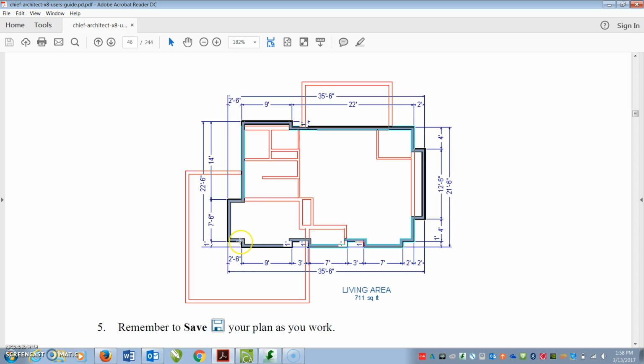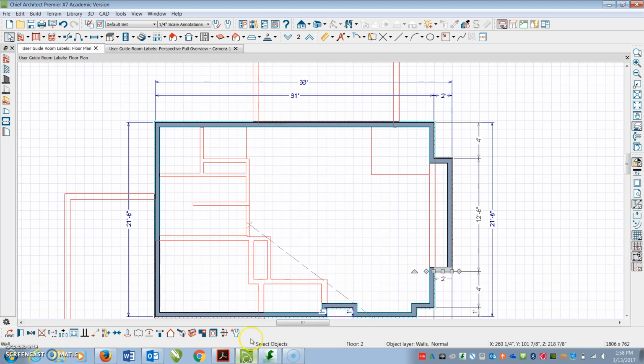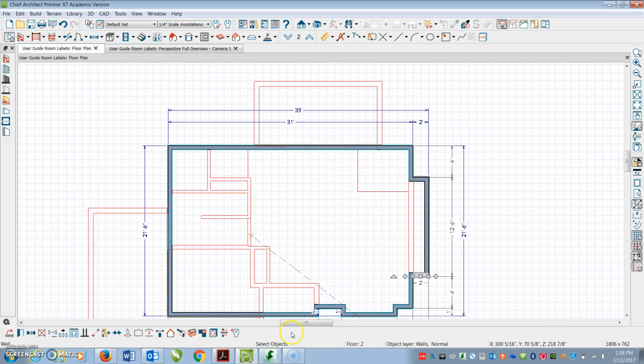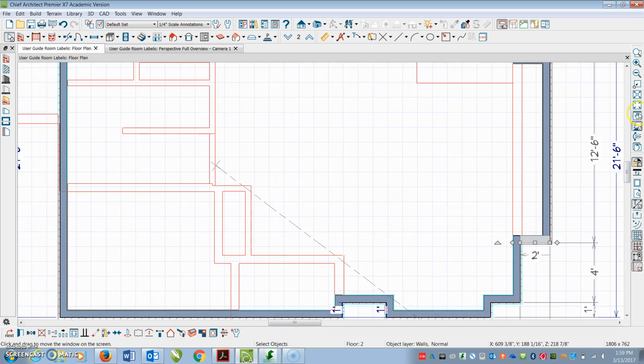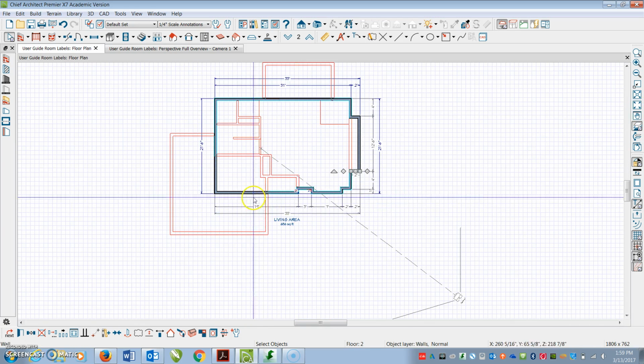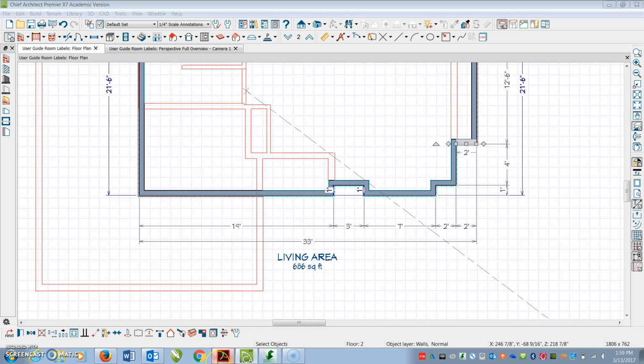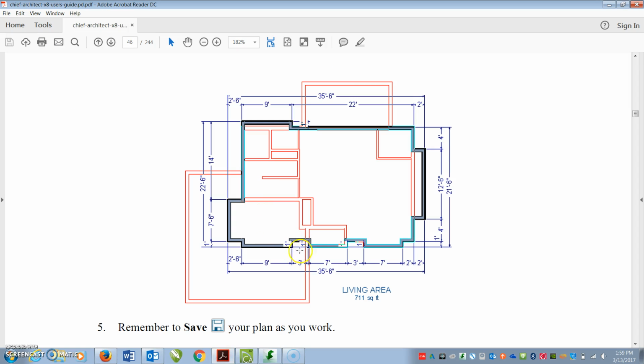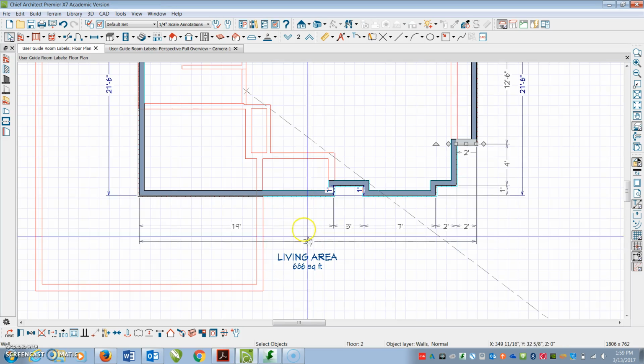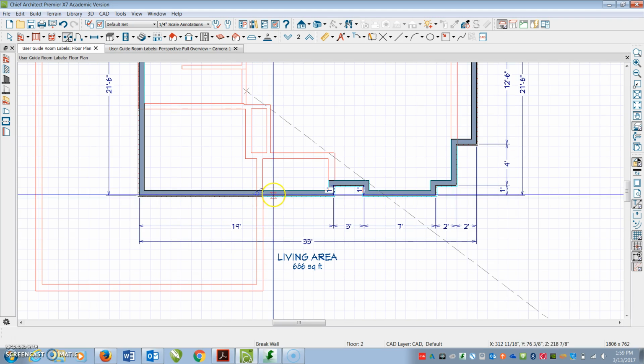You need to break the wall here and here and bump this out, and then do one more wall break right here and bump this one out. So let's go ahead and do those wall breaks, and I'm not going to do the whole thing for you, but at least so you can get an idea of where we're going here. Let me go there, and I need to bump this one in right at about the garage, it looks like. So I will go ahead and break the wall about